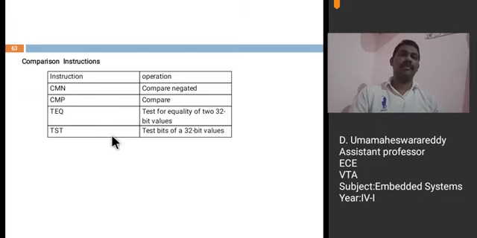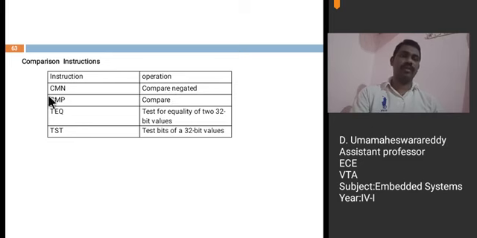Next, coming to the comparison instructions, the first one is compare negated. This compare negated instruction adds the value of the operand 2 to the value in the Rn. That means it will add one of the operand to the another operand, so that by this it can compare the negated value of the second operand.